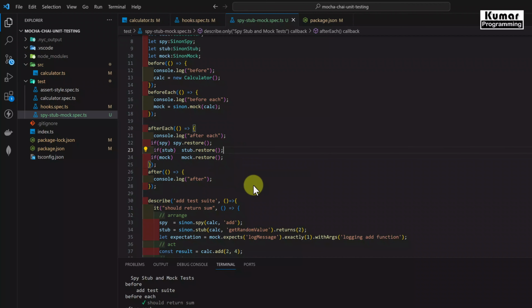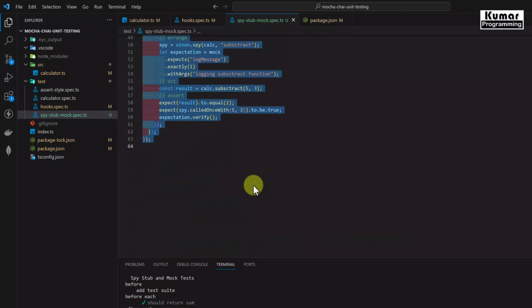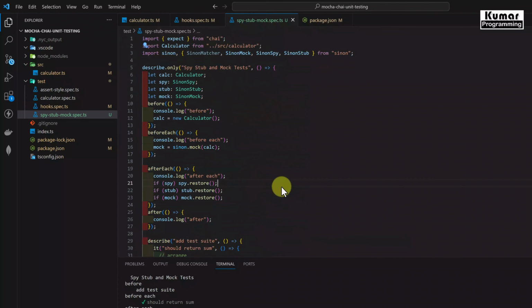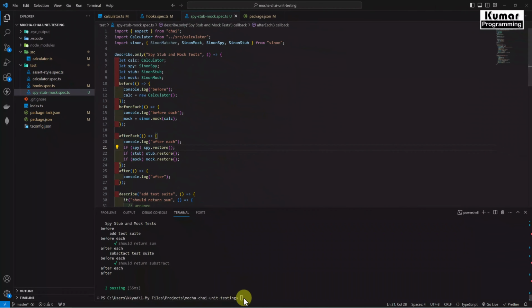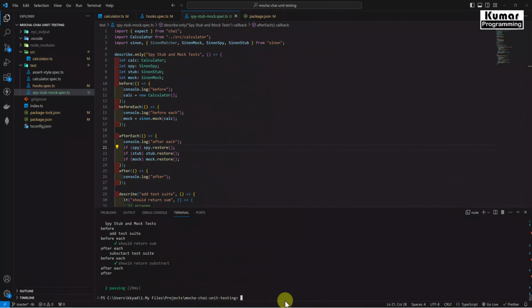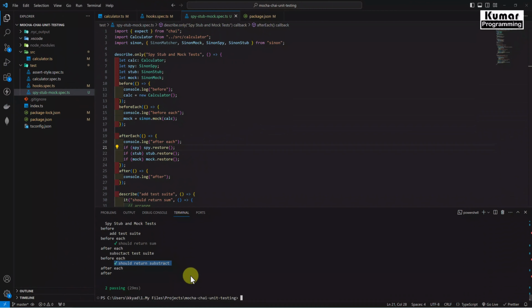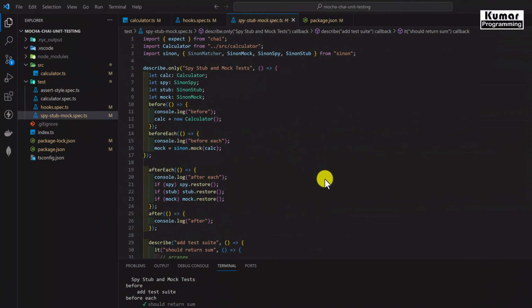Now let's format the code, control A, control K F. Now the code is formatted. Now let's run it once again. So you can see here our should return sum and should return subtract, both of the test cases are getting passed. Now let's quickly debug this application and see what exactly is happening behind the scenes for our spy, stub